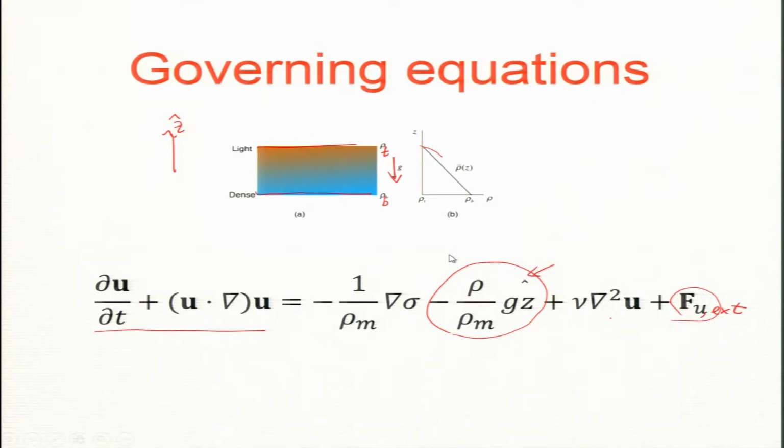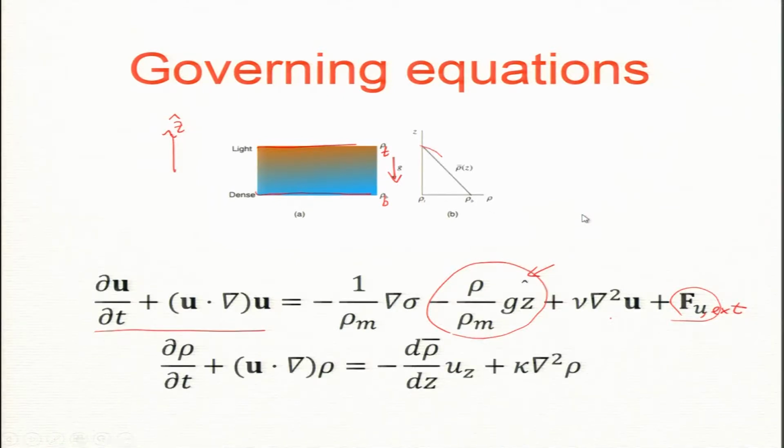Now, what about the density equation? It is very similar to the last passive scalar, except now I must write the total density as the following. I should have written rho total. In fact, in my notes I write this rho as total rho. Now, this is written as rho bar z plus density fluctuation. So, this is a fluctuation over this linear drop. This one is 0 on the average, is that clear? That is the notation.